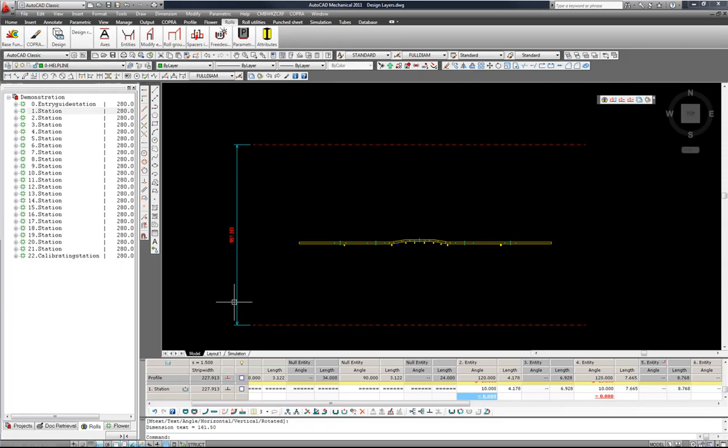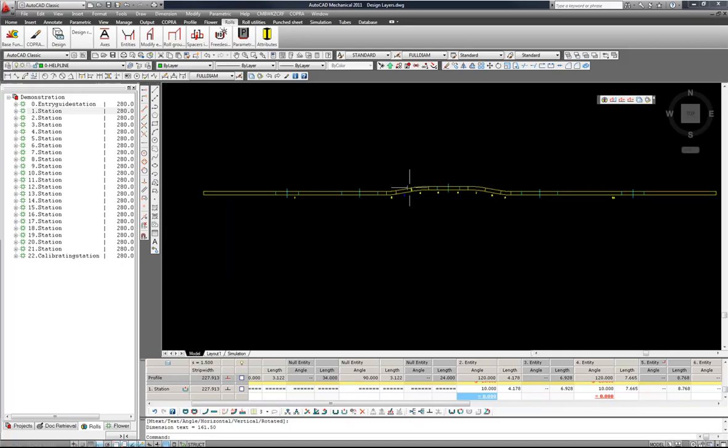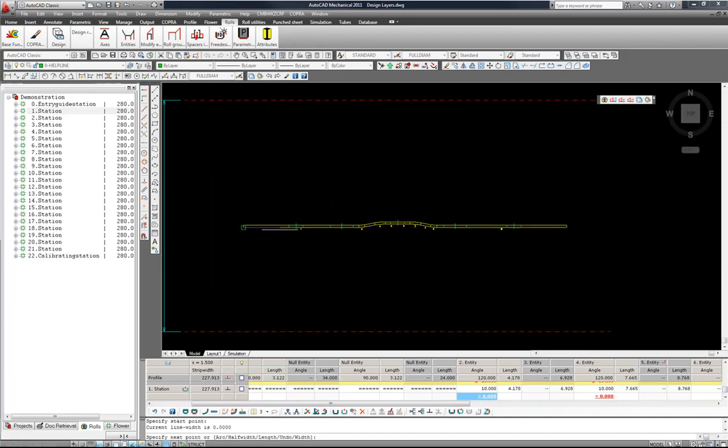Once we've done this, we can of course now begin to create some rolls. So in the first example, I'm going to use what we call free design. Free design allows us to use our AutoCAD polylines as our roll structure. So first of all, I will now draw a polyline along the base of our profile. So I'm going to use the AutoCAD command PL for polyline, and I will draw from here